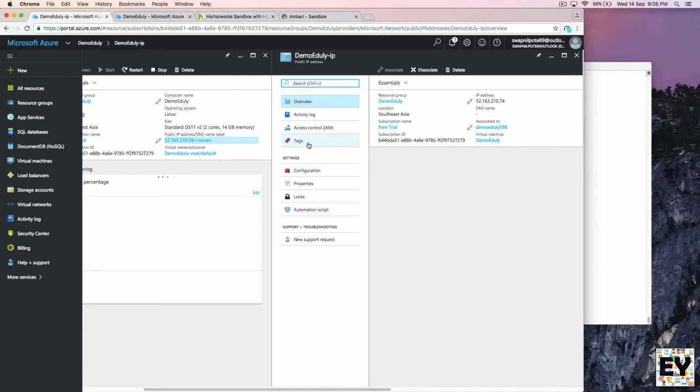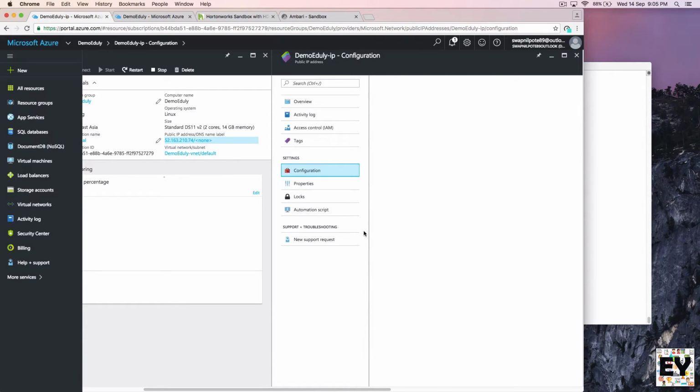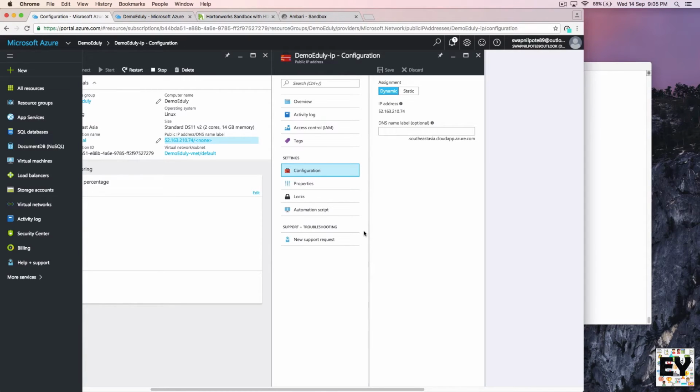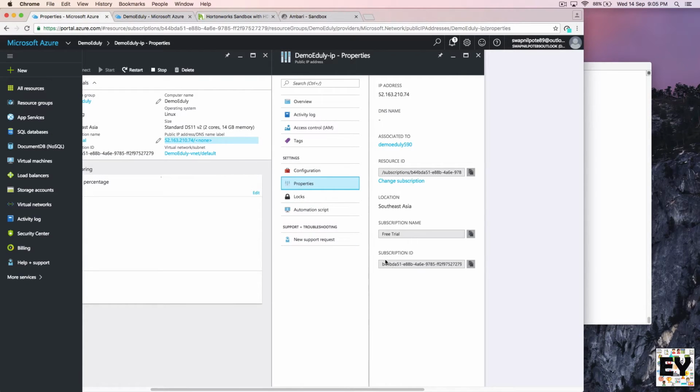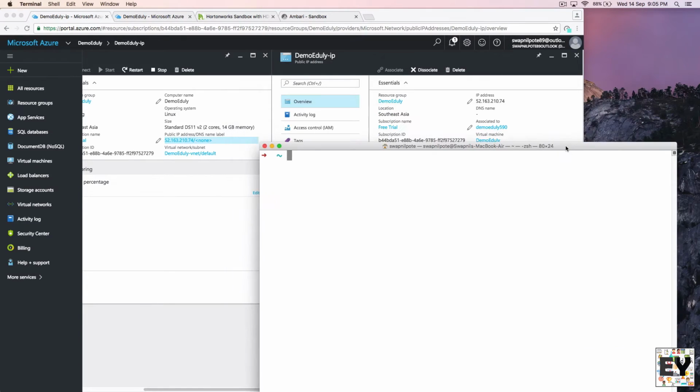Let me see if I can get it from configuration or properties. No guys, I am not getting the exact username which I entered, so make sure you remember your username. You can get your username from here also.